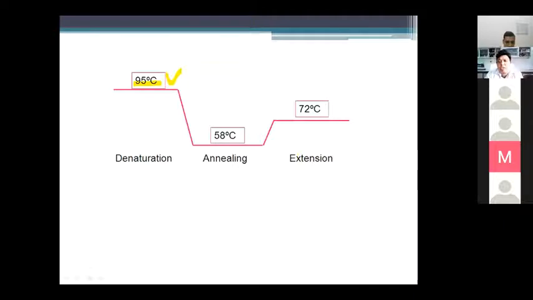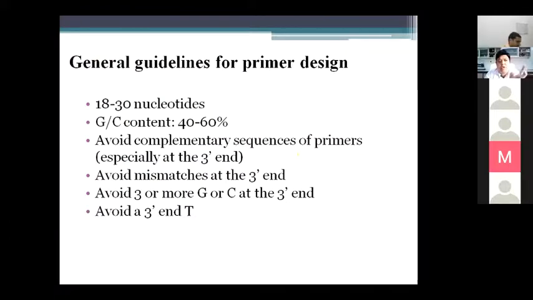And then the extension stage, so there are three steps for each and every PCR reaction. For optimization of a PCR reaction, we need a specific primer against the target gene sequence. So first we need general guidelines, or points to be noted, that we use different factors which ultimately affect the total quantification.